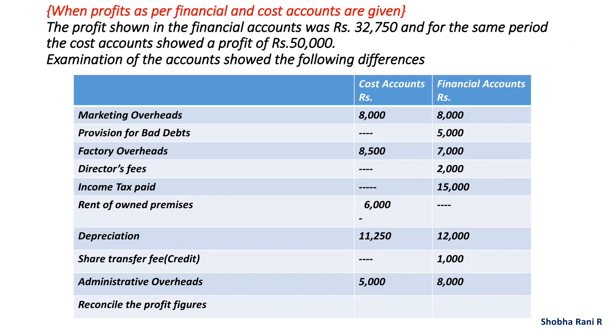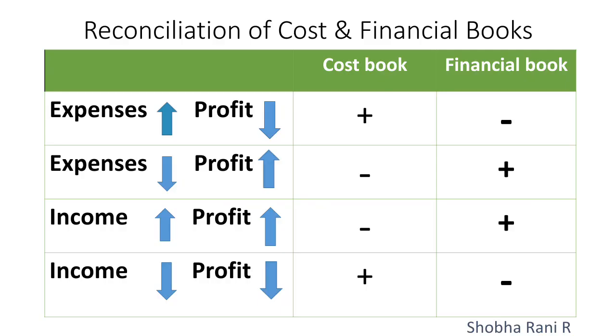Depreciation recorded in cost books 11,250 whereas in financial books it's recorded as rupees 12,000. Share transfer fees recorded only in financial book as rupees 1,000. Administration overheads recorded in cost account 5,000 and in financial books is recorded as 8,000 rupees. Reconcile the profit figures. Before we solve this problem, we have to observe certain important things while preparing a reconciliation